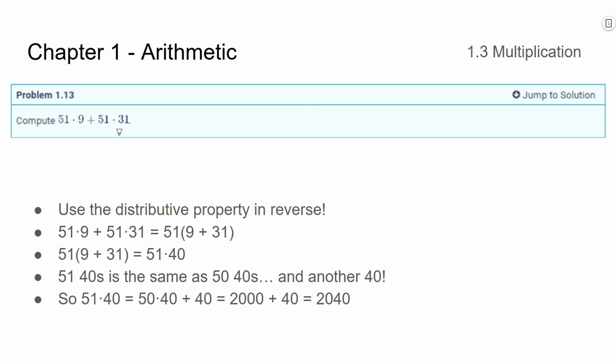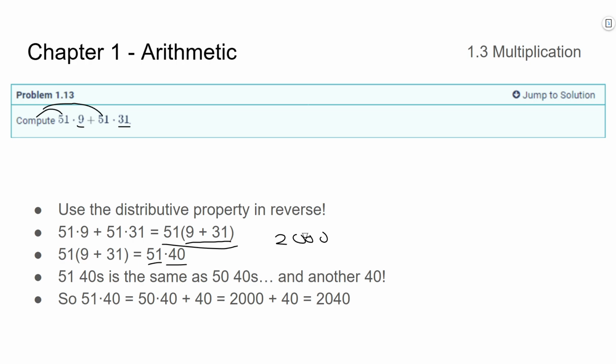What would that look like if you undid that distributive property? You would get something that looks like this. You pull that 51 out of both terms, and then you're left with 9 plus 31. So 51 times 9 plus 31, and now you can just add together the 9 plus 31, and that's easy to do. And now you're left with 51 times 40. Now how do we do that in our head? Probably do that if we think hard enough, but I think it's easier just to do 50 times 40, because 5 times 4 is 20, then 50 times 40 would just be 2,000, right? But you know that this is 51 40s, and 2,000